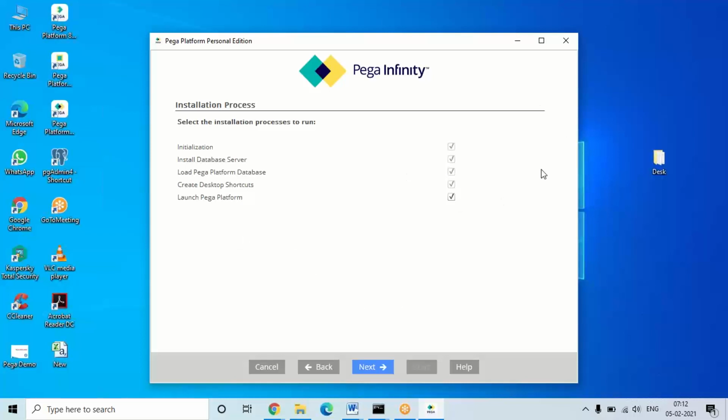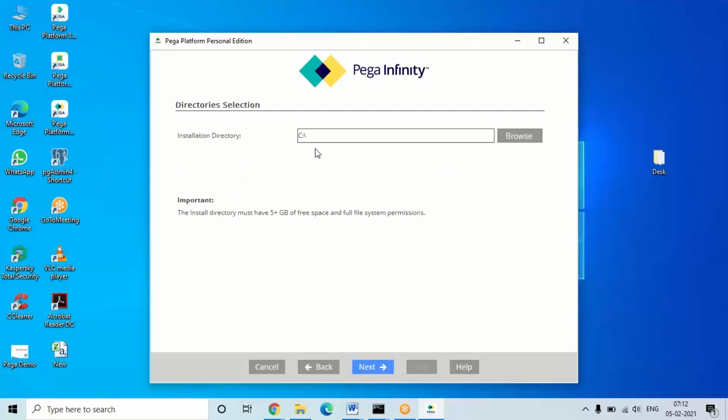Here no need to change any of these options, we just need to click on the next button. By default it will take the C drive in your system. Suppose you have any other partitions and you want to install Pega in some other directory, you can also change this directory. Suppose you have some D or F drive and you want to install this setup there, we need to change the directory path manually. Automatically in every system it will read C drive by default. If you want to change it, you have to change it manually. If you want to install in C, continue with the next screen.